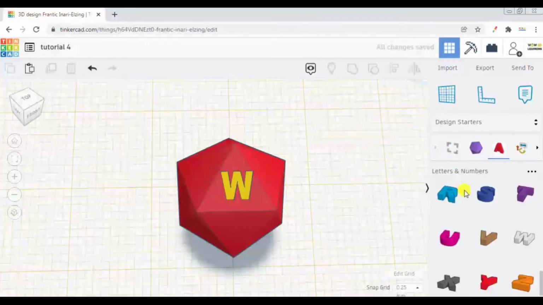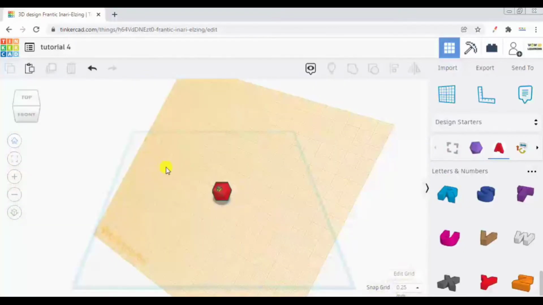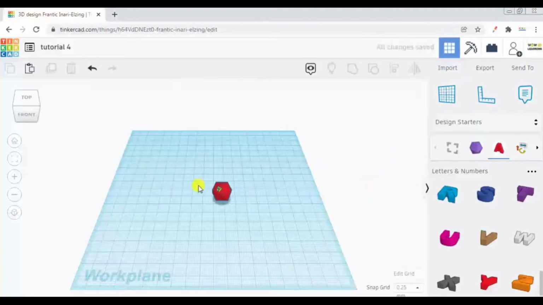Once you are working on a selected work plane and you want to move out, what you have to do is click the work plane again and click anywhere outside the chosen, already existing work plane, which is orange in color. If I click outside the orange color work plane, I will see I have returned back to my original work plane. Now let me zoom in. We will repeat the same function again.